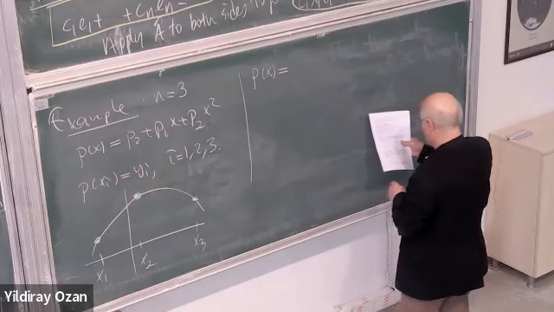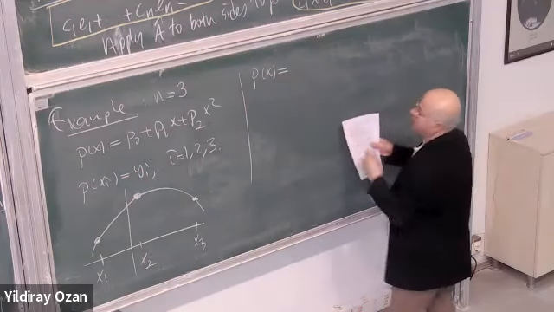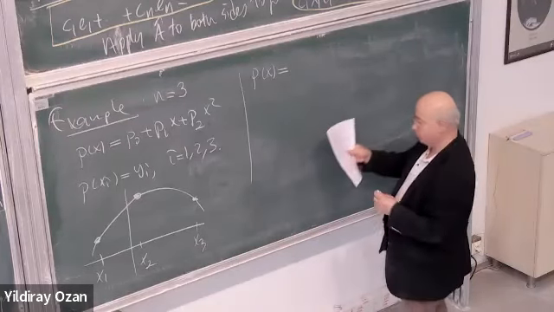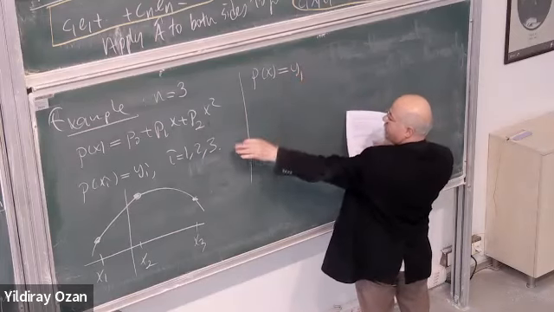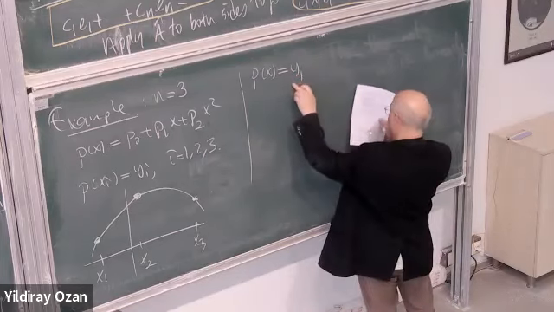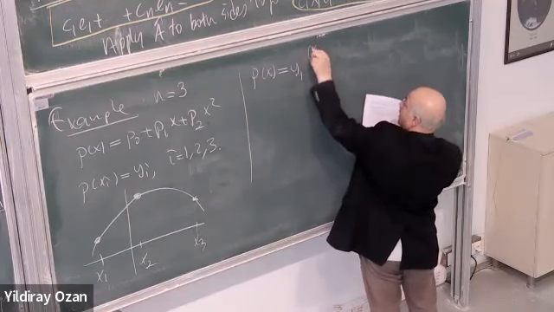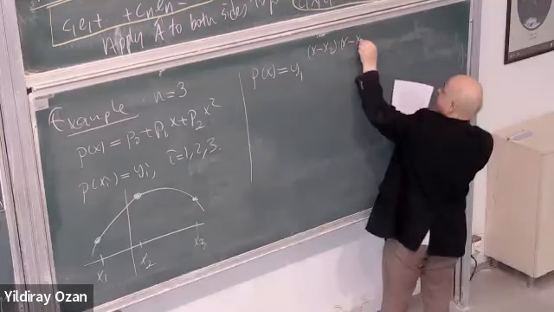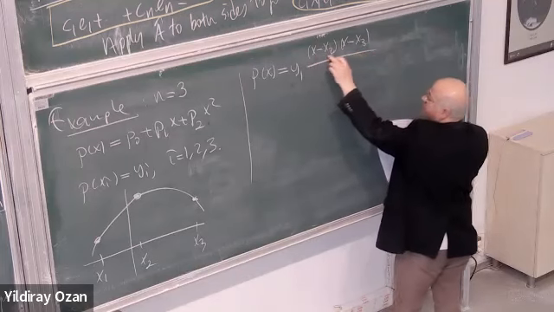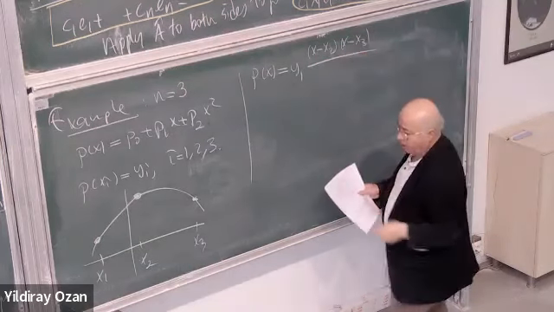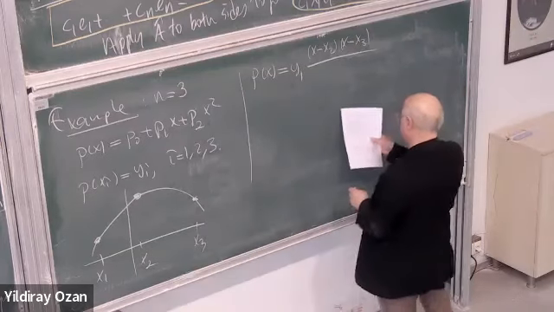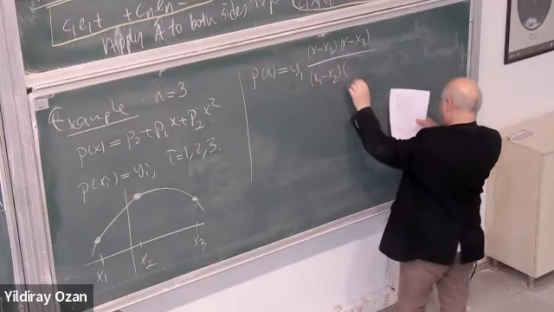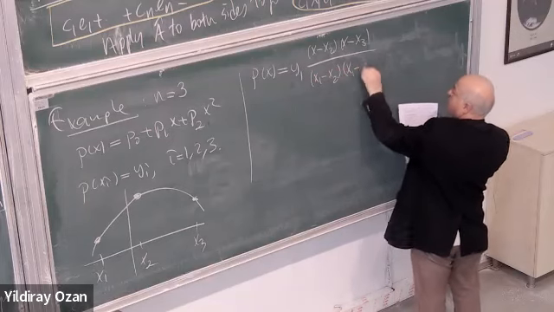And here is the polynomial. And actually, the way I write it will tell you how you can write down this polynomial in the general case, not necessarily n equals 3. It is this one: y1 times (x minus x2)(x minus x3). So x is the variable, x2 and x3 are just real numbers, divided by (x1 minus x2)(x1 minus x3),